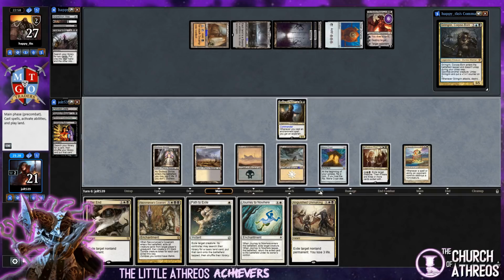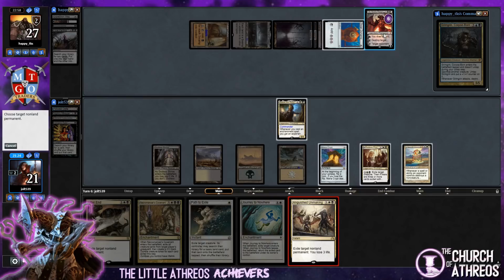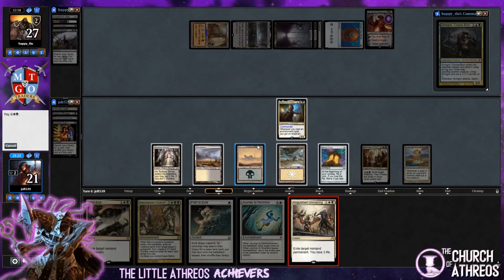Yeah, let's do this. Let's go for Anguished Unmaking. Yeah, I'm okay with that. Let's go for Anguished Unmaking on Omnixilis. That's still going to allow us to at least get one of our